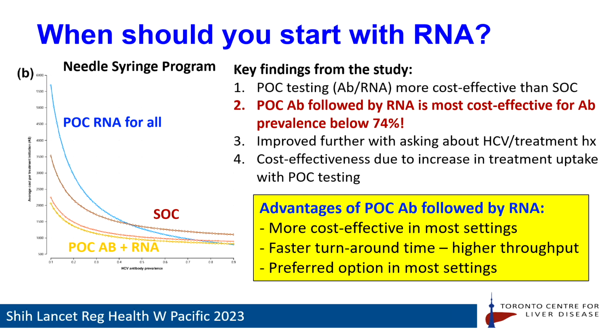But point-of-care antibody followed by point-of-care RNA is the most cost-effective unless the antibody prevalence gets above 74%, so really high. It's improved a little further if you ask people if they have a history of Hep C or Hep C treatment, and the cost-effectiveness, again, is due to the increase in treatment uptake. It's important to consider this because there are also practical advantages to doing antibody testing first. It's more cost-effective in most settings. It gets faster turnaround time, which allows higher throughput, and it's really the preferred option in most settings,